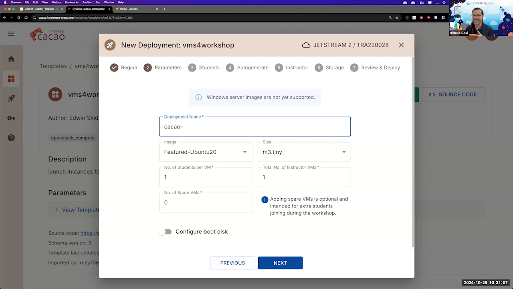Andy, oh my God, Edwin. So what it will do is it'll take an image that already has all the software that you were mentioning, correct? Oh, yes. And then it basically makes that many VMs. So if you say I have 20 students and I want each student to have their own VM, then it will create all the VMs and assign all the students to each of the VMs programmatically.